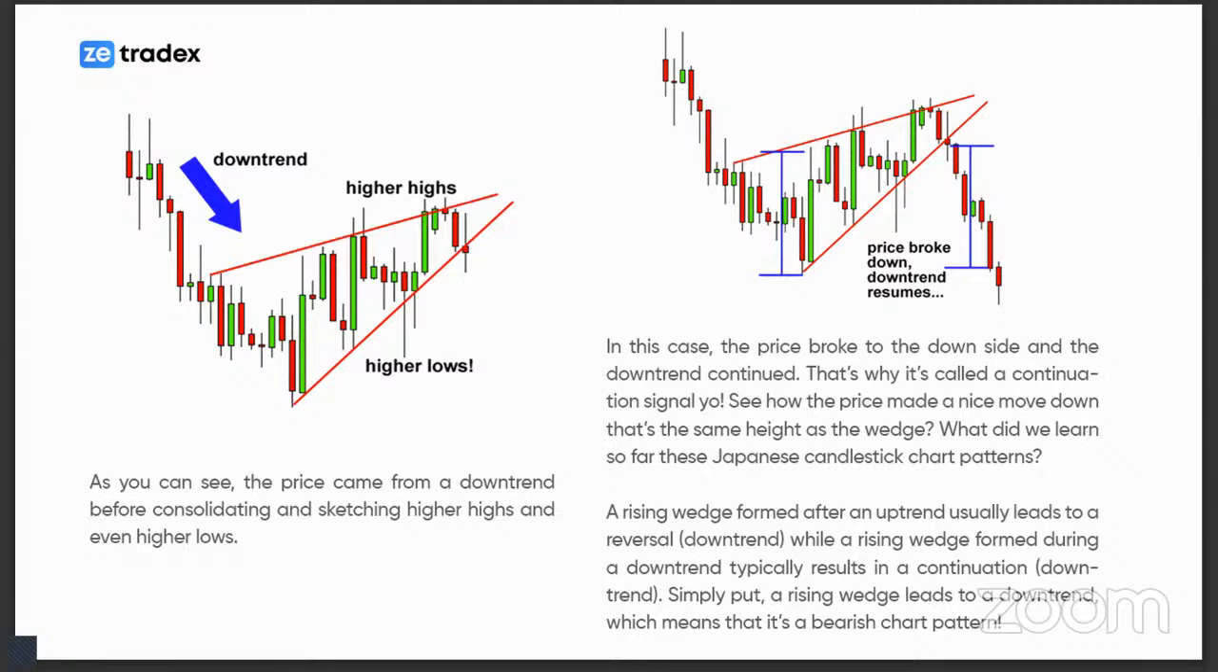We can understand that price made a nice move down, the same height as the wedge. A rising wedge formed after an uptrend leads to a reversal downtrend, while a rising wedge formed during a downtrend typically results in a continuation downtrend. So we simply put a rising wedge that led to a downtrend, which means that it's a bearish chart pattern. So we're always talking about